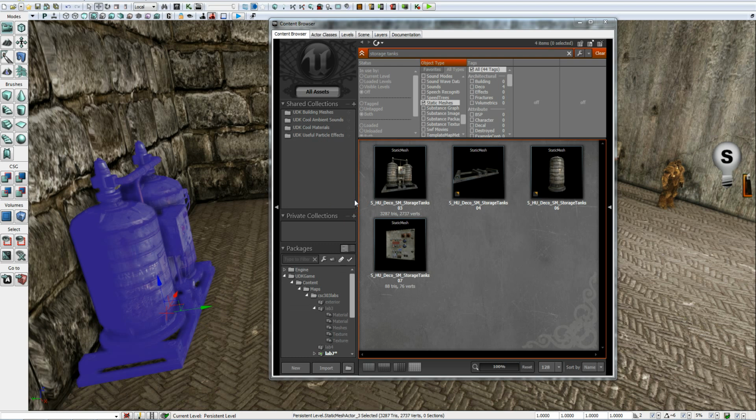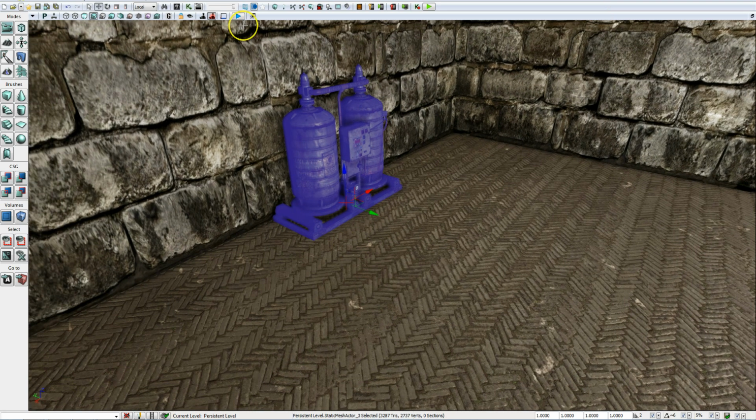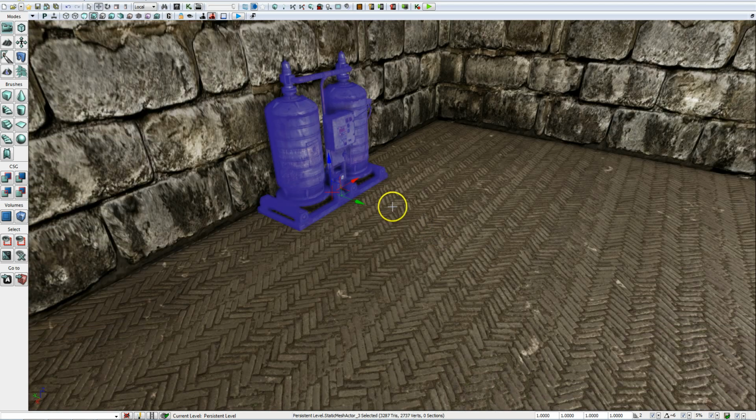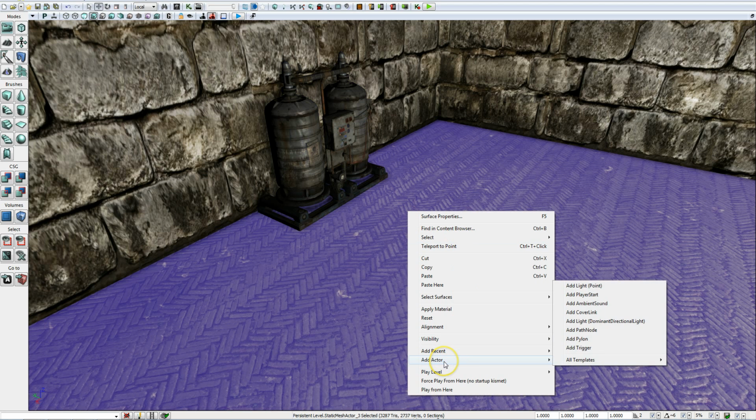It's just giving us some kind of visual cue for where that sound will be generated from. And so now that we have it positioned there, now we'll actually have to put the sound into the level. So right beside our static mesh that we've just placed, let's go ahead and right click, go to Add Actor,